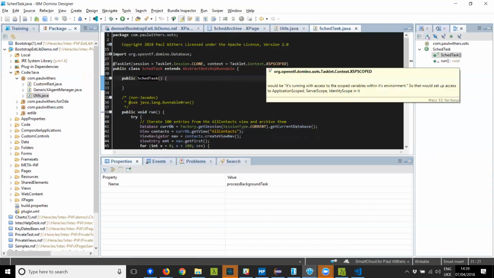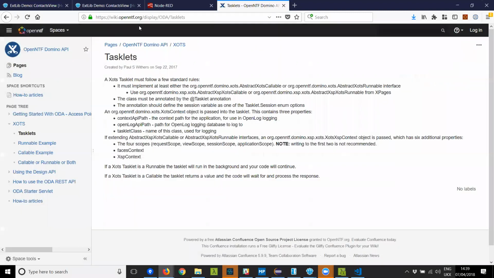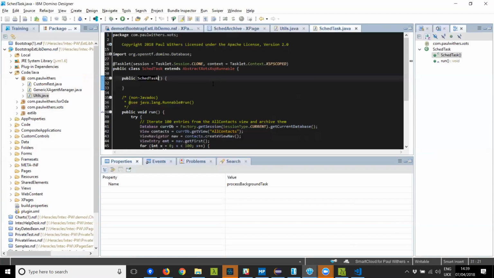An XSP scope just means that it sets up some additional objects around there for scope variables, for example, for outputting to OpenLog. Documentation for it, there's a fair amount of documentation and some examples on the OpenNTF wiki for ODA,